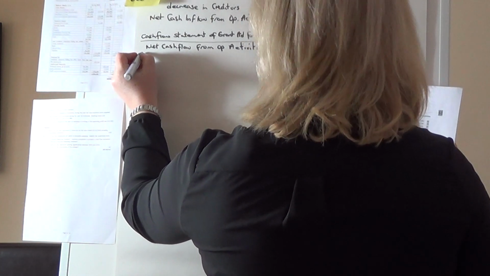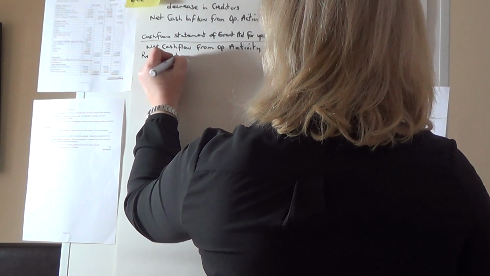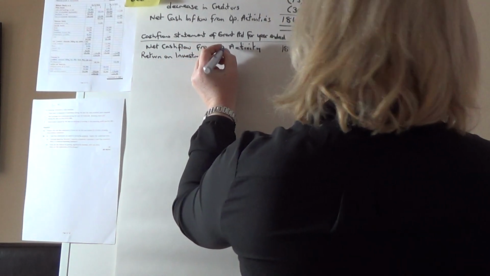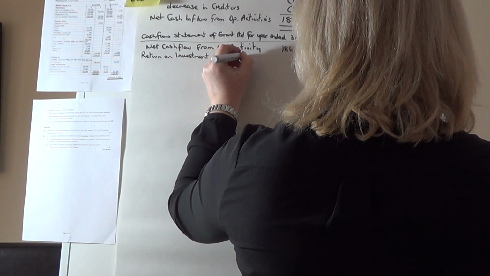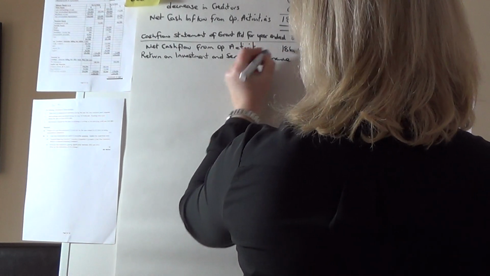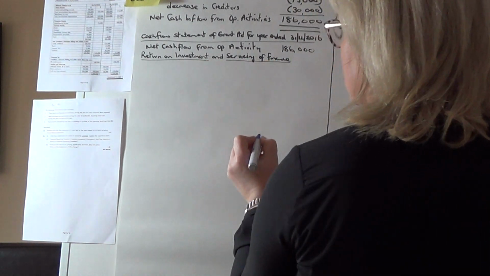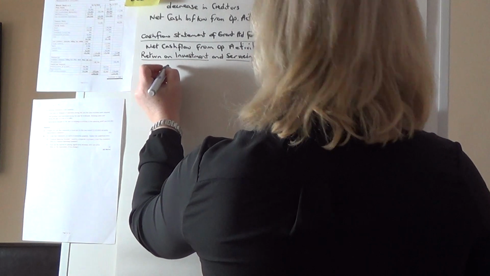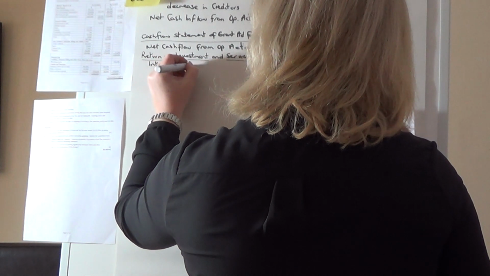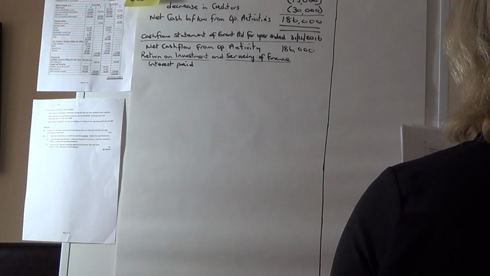and the next part then is to look at interest and then tax. So if we take the interest, which is really our return on investment, and it's also the servicing of finance. So our return on investment is interest that we've earned, and the servicing of the finance is the interest we pay on our debts. So interest paid, and our interest paid here is,